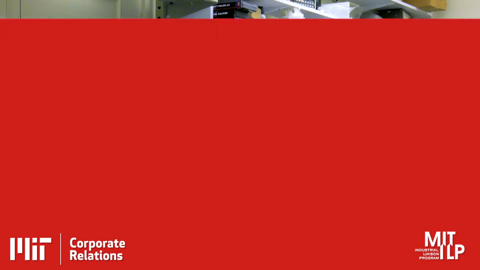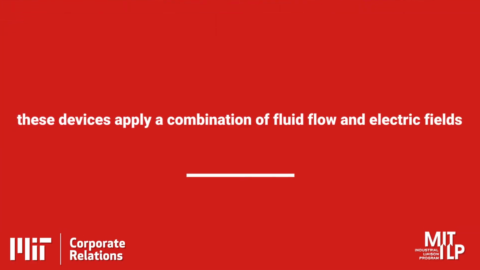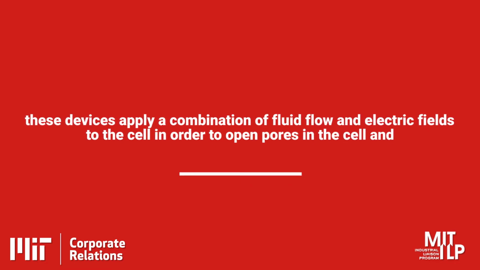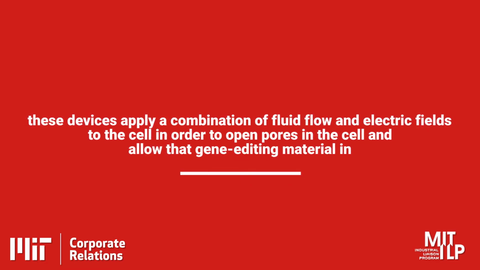In our case, you will take the cell that you're looking to edit, plus the payload that you're looking to upload into the cell, the gene altering material, and you flow both of them through our fluidic devices. These devices apply a combination of fluid flow and electric fields to the cell in order to open pores in the cell and allow that gene editing material in. So we're physically opening the pores. We're using flow and electric fields to physically open pores and put that genetic material in that does the editing,